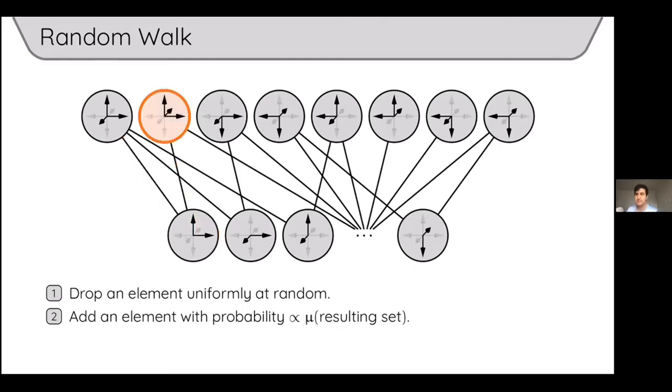Nima, one question for you. Step one, can it be made similar to step two, rather than doing uniformly at random, to be proportional to something? Yes. The question is basically, instead of uniformly at random, maybe you want to drop elements with some given weights p1 up to pn, right? So yes, there is a natural generalization of this where you come up with some p1 up to pn, you drop according to those, and then you have to modify this step to make mu the stationary distribution.